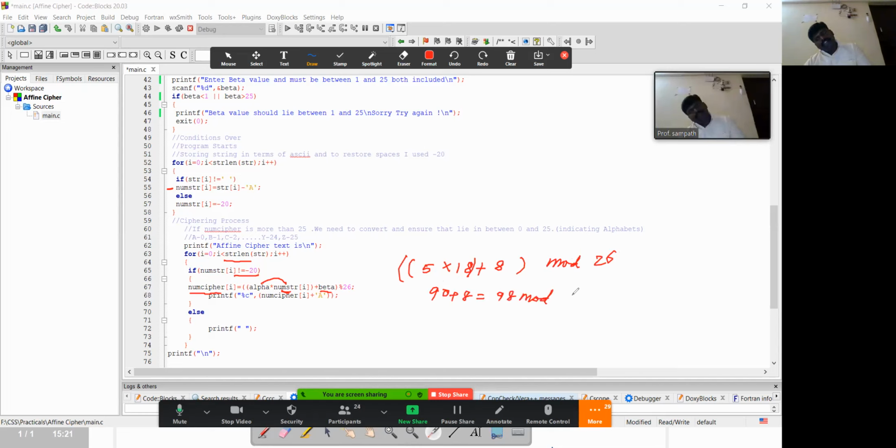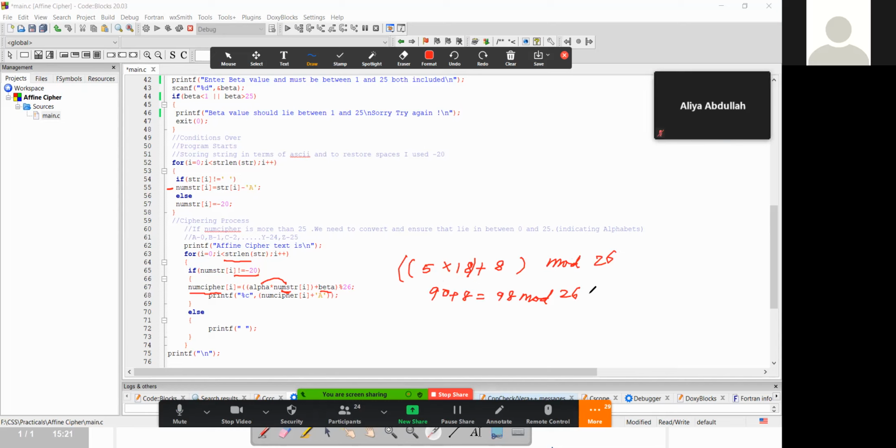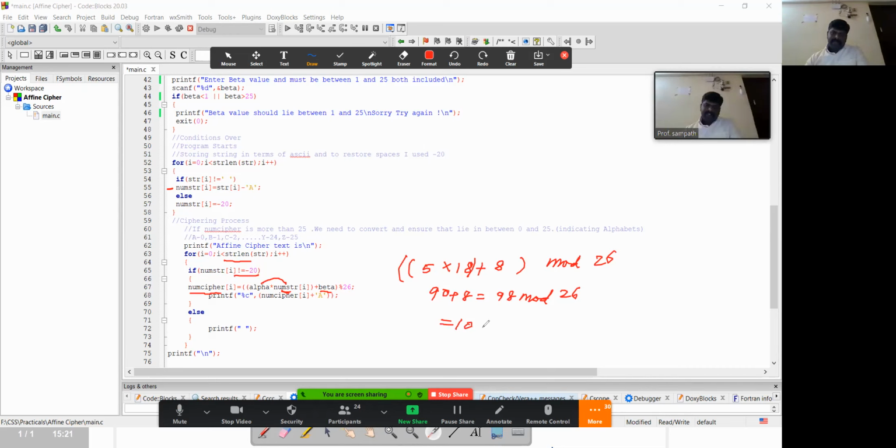98 mod 26. What is the result? 10. So number 10's corresponding ciphertext value is what?